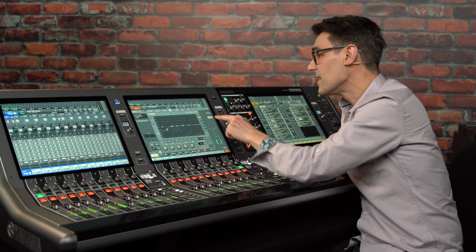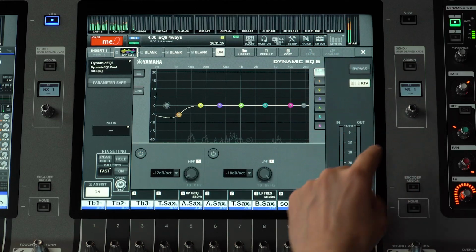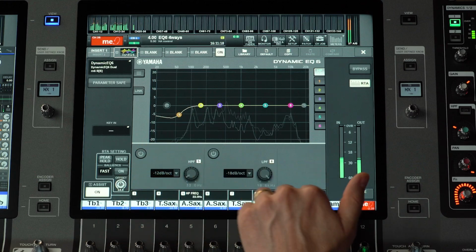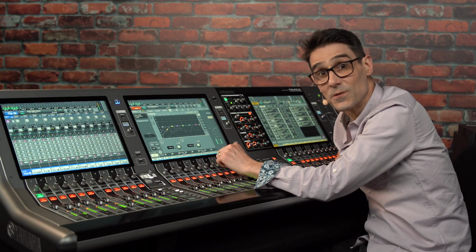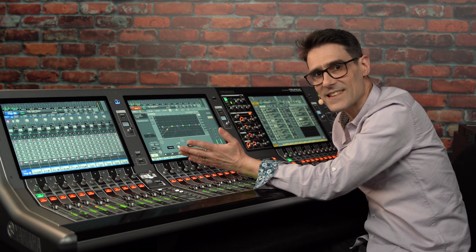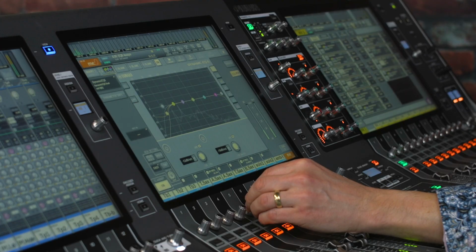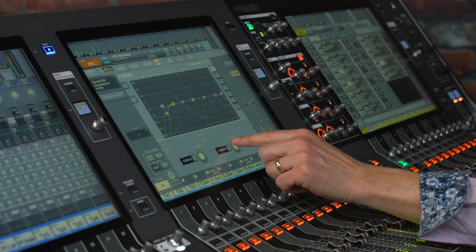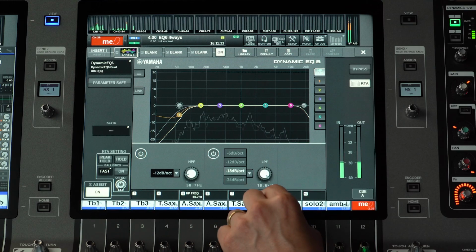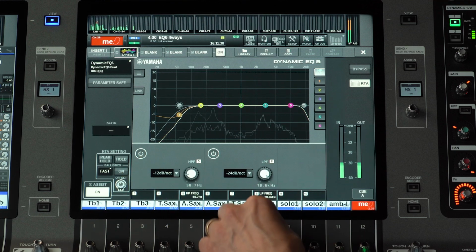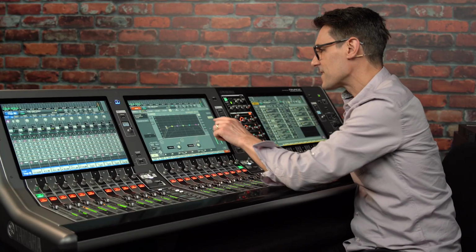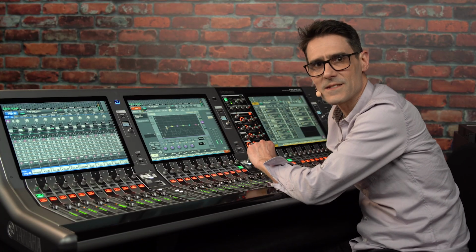Touch the HP LP tab to access the high pass and low pass filters. These are not dynamic at all, but are convenient for quick access without having to exit the plugin. And notice the extra steep slope option available for the LPF, which could be useful for keeping a tidy sound. Back to the colored bands.